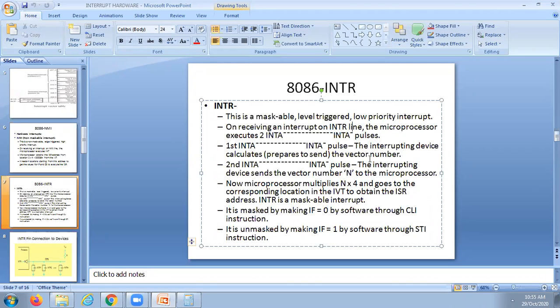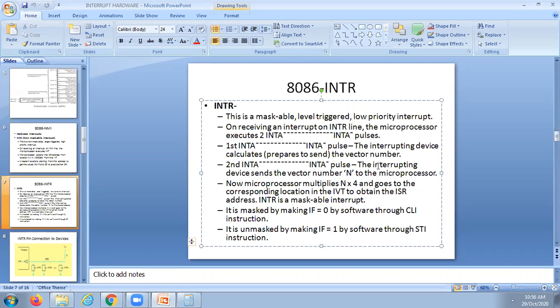In the first INTA pulse, the interrupting device calculates the vector number. For the device connected to INTR1, what is its vector number? That is 1.